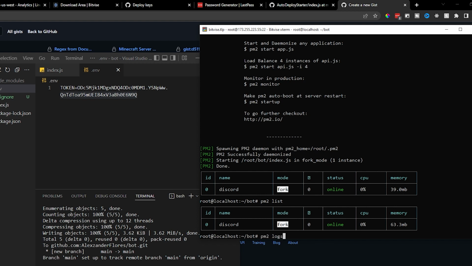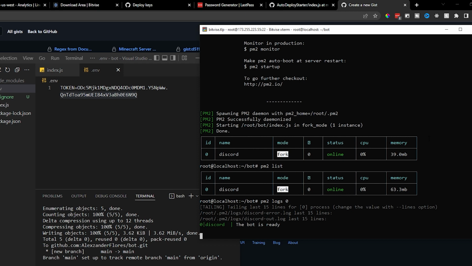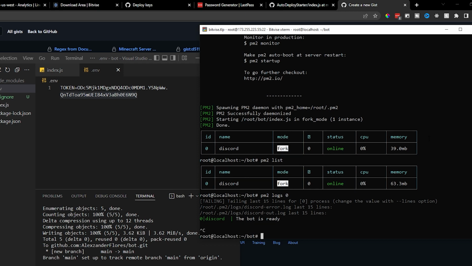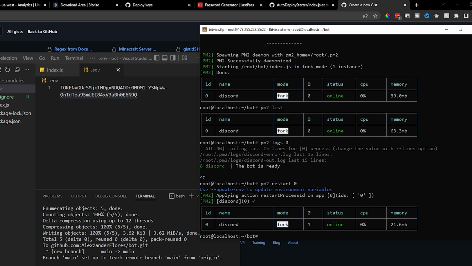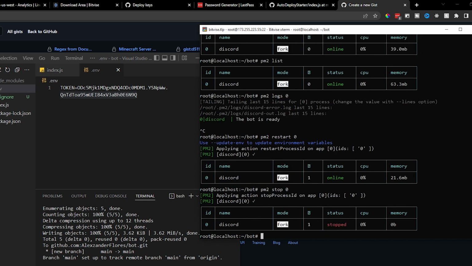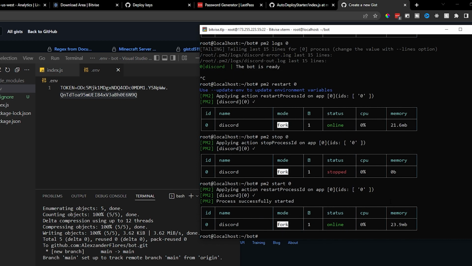And I can say pm2 logs 0, and we can now view the logs for the bot. I can use Control-C to exit this. I can say pm2 restart 0. That will then restart the process, and here we see that restart counter incrementing right here. I can then say pm2 stop 0, and now we see our bot is stopped, and then pm2 start 0 will also start this up again, and now we see it is online. So those are some basic pm2 commands, and our bot is now running 24/7, but we still want the ability